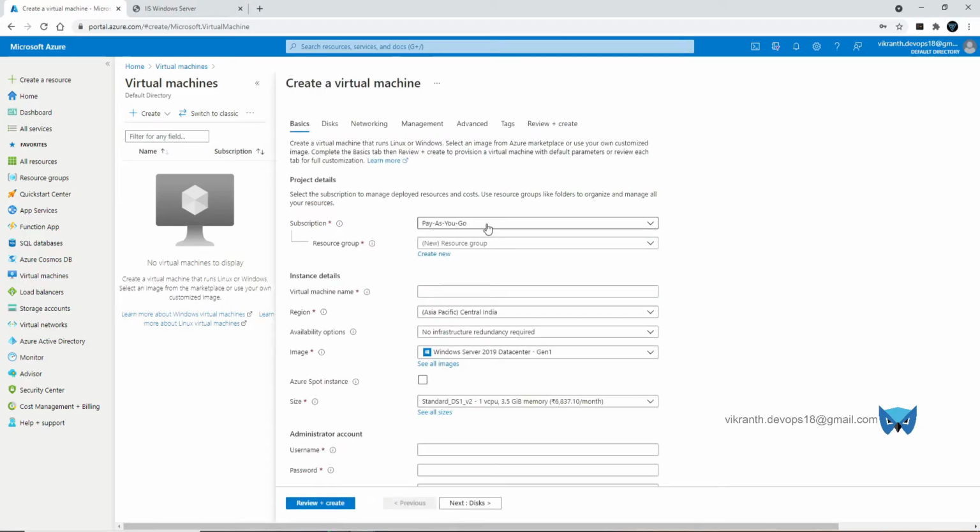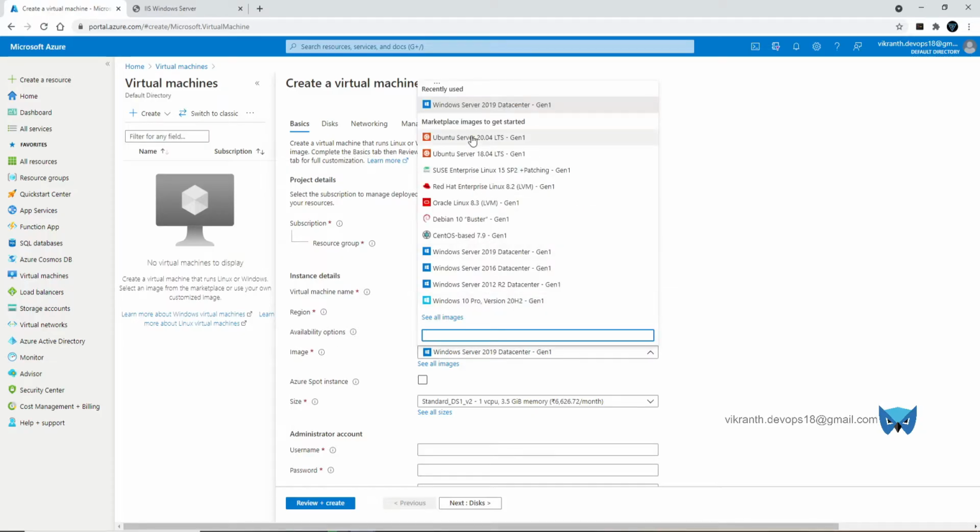Select your subscription and then your resource group which we have created in the last session. And the virtual machine name is like load VM Linux-1. So I'm selecting the region is Central US only. I'm not selecting any availability options. Image is like Ubuntu latest version,